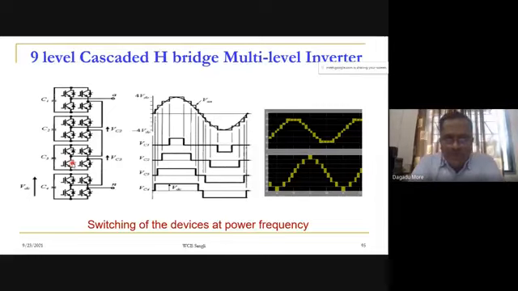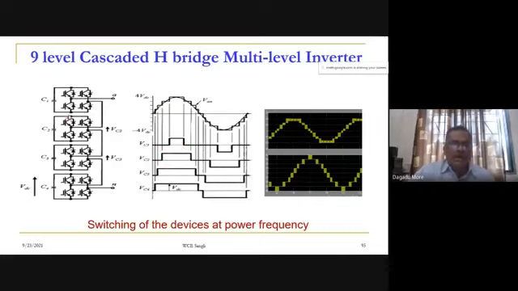And when switching frequency is high, definitely the switching loss will be high. And to reduce that loss, we want to operate the device at lower frequency. So here we are discussing one such technique that is possible with the help of a cascaded H bridge multi-level inverter. Now here if you observe this waveform,